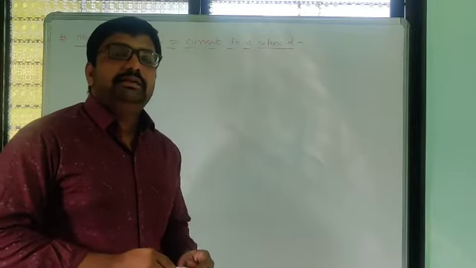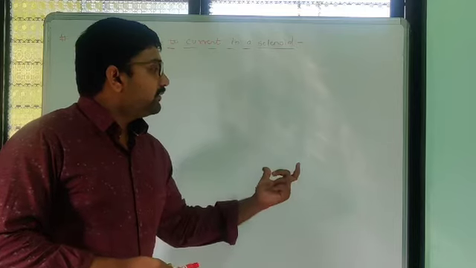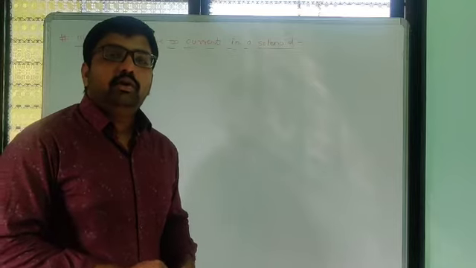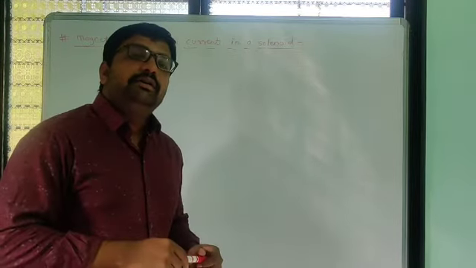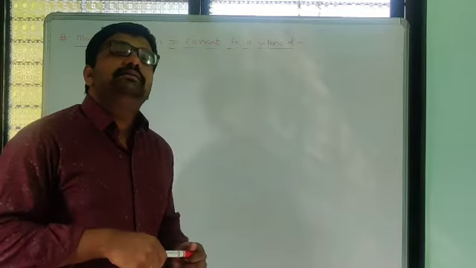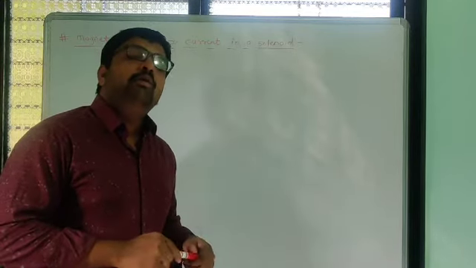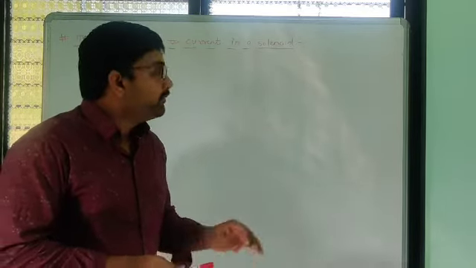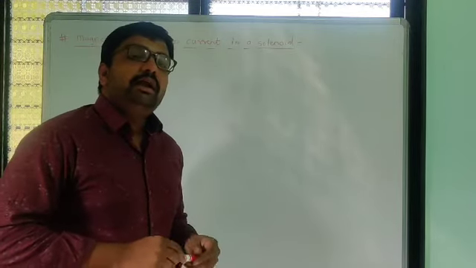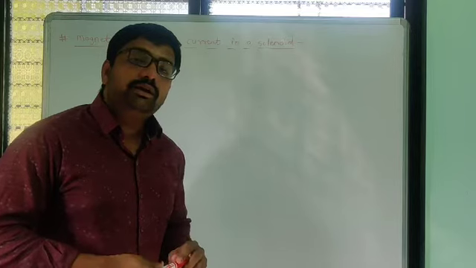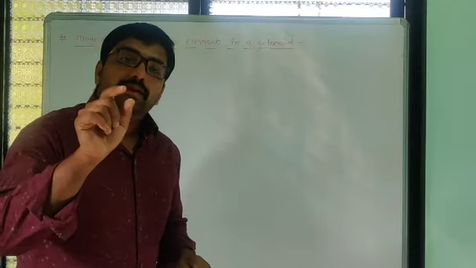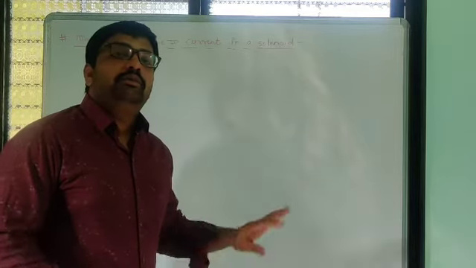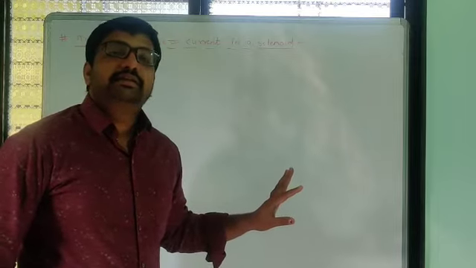So in the last lecture we studied the example of a current carrying coil. If you take a coil, then at each and every point on the coil, a magnetic field is generated around that coil, and how much magnetic field is generated depends on the number of turns. That also we have studied: the total magnetic field produced around a loop when current passes through it will be equal to the magnetic field due to one loop times the total number of loops. That formula we also studied in the last lecture.